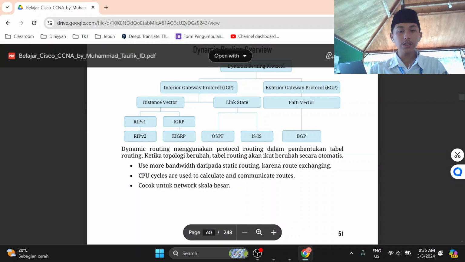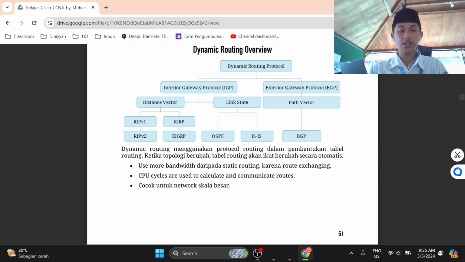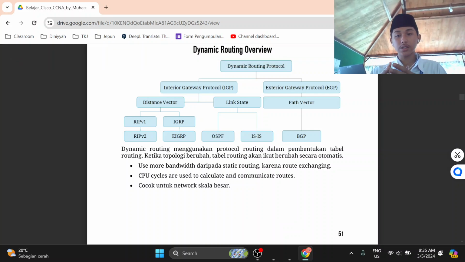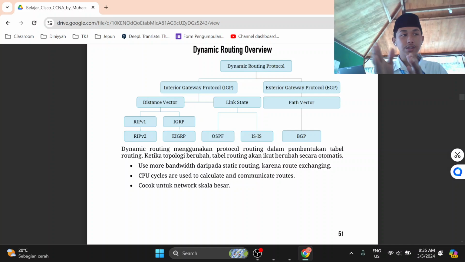Now, what is the difference between distance vector and link state? With distance vector, for example, you search for the way first, the way you want to go.